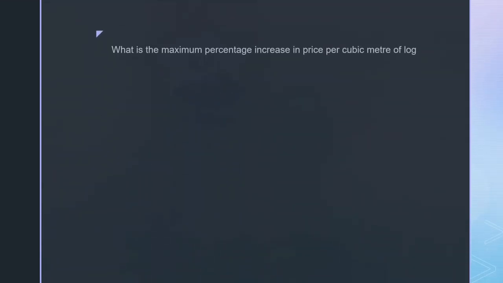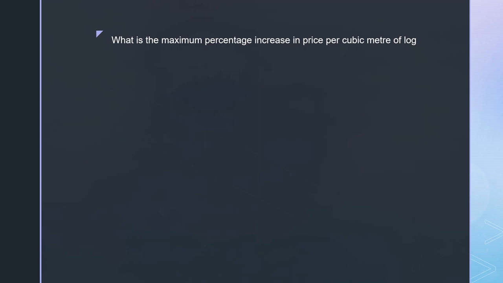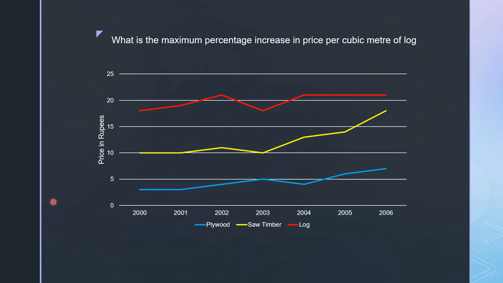So the next question is, what is the maximum percentage increase in price per cubic meter of log? That means we have to consider only this log graph, or the red line graph, right? What are the options? Option A is 6, option B is 12, option C is 18, option D is 20. So in